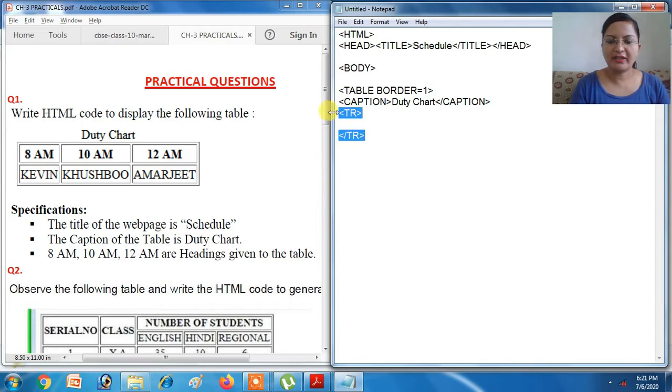You can copy it if there are so many rows. There are 2 rows, and that is why I have taken 2 TRs here. Now in the first row you can see there are 3 TH, so you write 3 TH here.